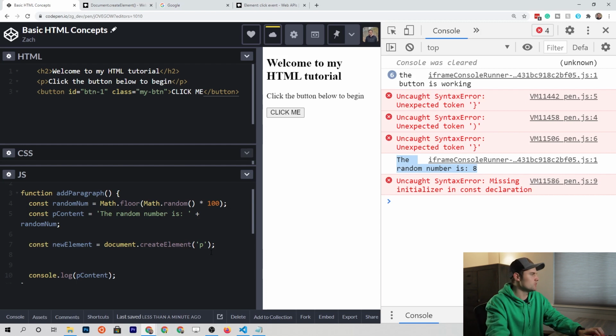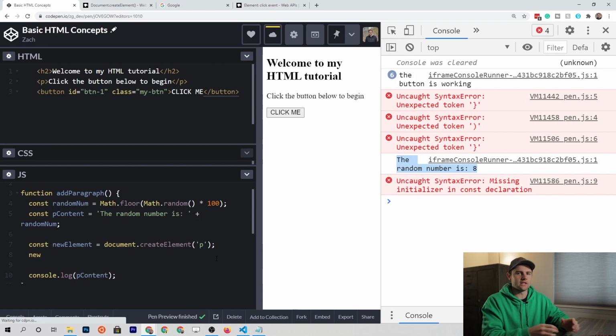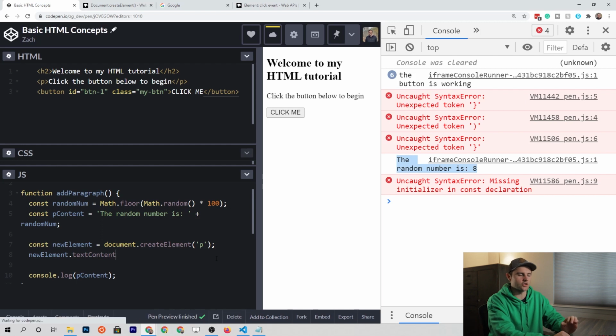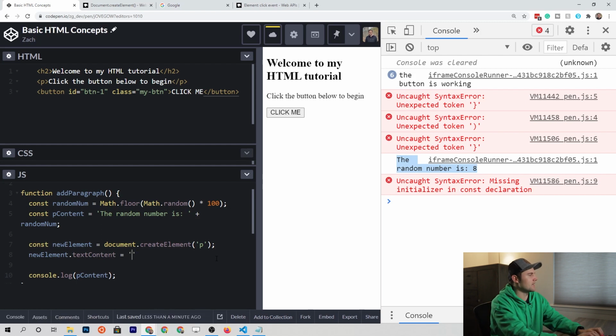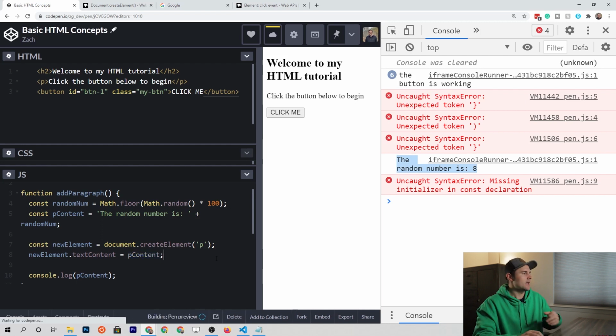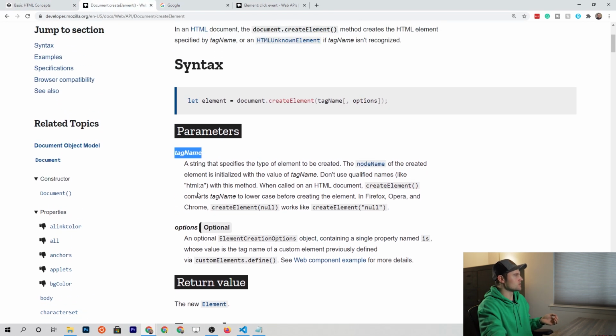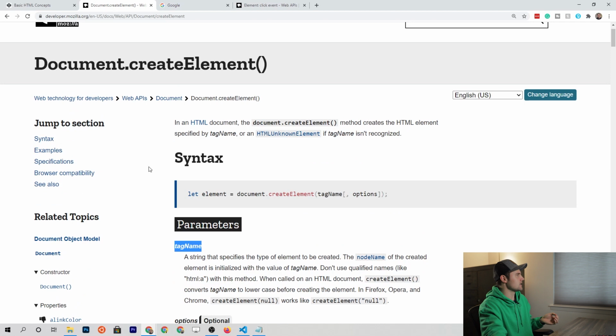The next thing that we'll do is, instead of creating a new text node like we did in that first example, we're just going to take the new element and use a property called textContent which exists on it, and we're going to set that equal to the pContent variable that we created prior. All right, so if we go to the documentation here and we go to, let's see, the